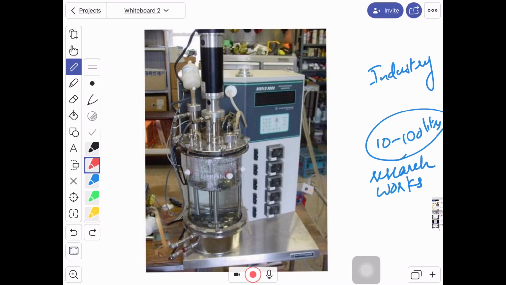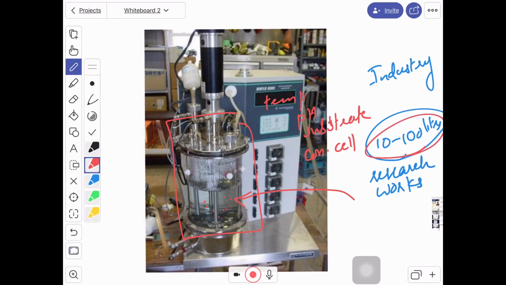So before setting up a large scale fermenter, the scientists will carry out fermentation here in this laboratory. And all the values such as temperature, pH and the substrate, how much substrate is required and what is the maximum concentration of cells that can grow inside the fermenter. All these experiments will be done in the seed fermenter. It may be 10 to 100 liters in varying size, and all the values we get through the laboratory based fermenter are extrapolated for the large scale.